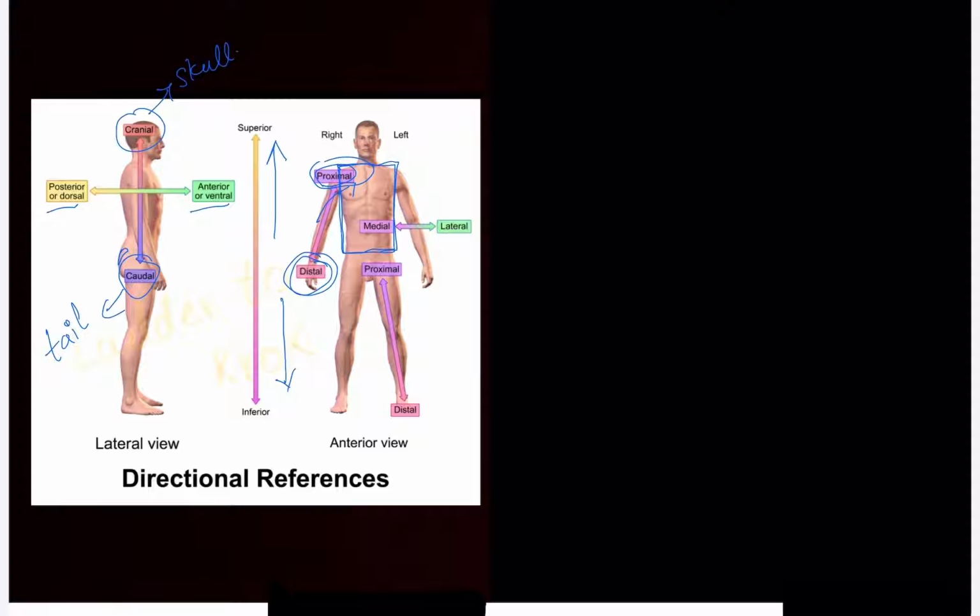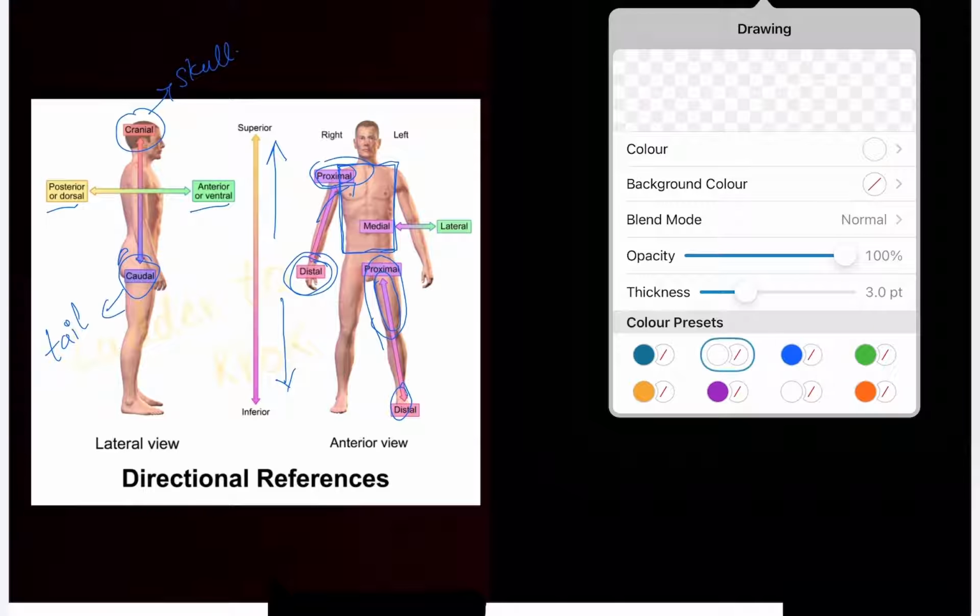Lateral and medial. Medial, anything towards the midline. Lateral, anything away from the midline. Here also into the leg side you can see proximal. Your thigh region is proximal because it's more towards the trunk. Whereas your foot is very much away from the trunk, right? So it is known as distal. So distal is away from the trunk, proximal is towards the trunk. I'm summarizing everything over here.